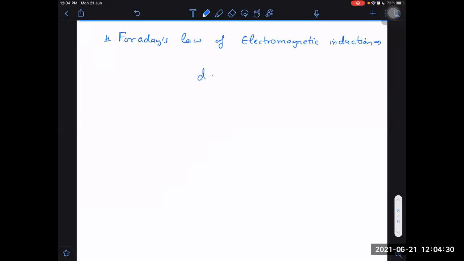that the rate of change of flux, minus d phi by dt, where phi is magnetic flux here. I'm not writing phi b here. Sometimes I write phi b and phi e, e for electric flux, b for magnetic flux, but mostly I do that when there's a confusion, because in the same question there can be two fluxes involved. One can be electric flux and the other can be magnetic flux.